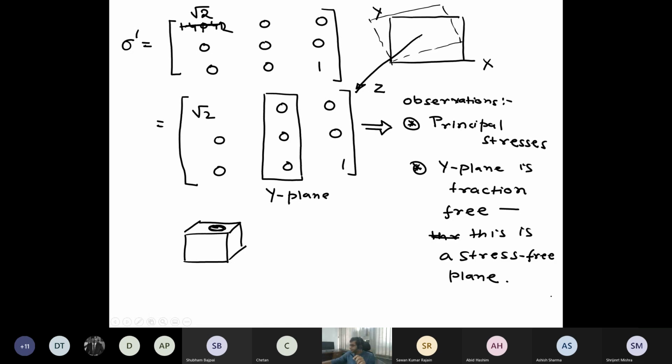So let me check the time once, how much time I have left. Oh, I have enough time. I've not even used half an hour. So let us see. Okay, so now before we proceed, let us try to go into a little bit of theory based on this example.